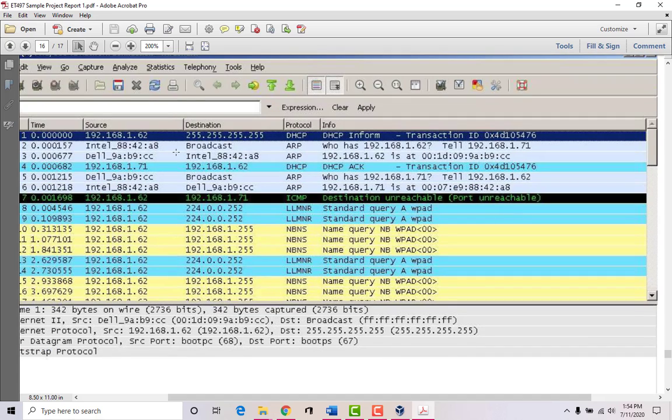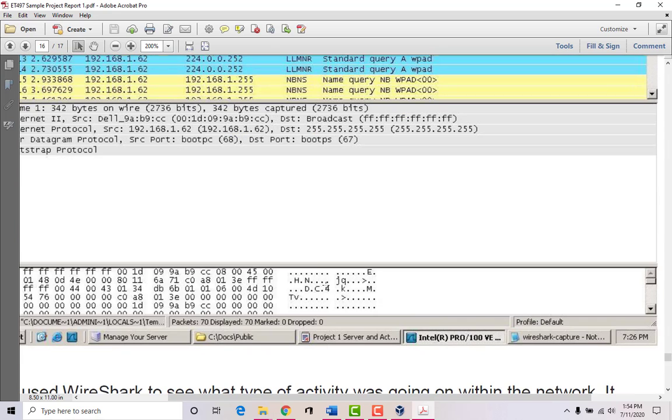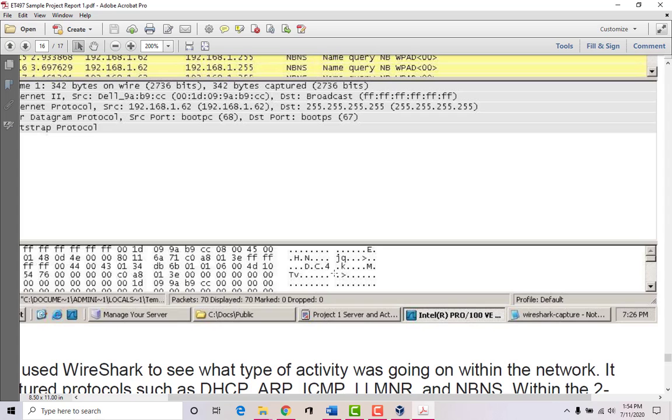Okay, so it gives you an idea of the source, destination, and the protocol that you're looking at. So like DHCP, we talked about that, right? Unless we're troubleshooting DHCP problems, we don't really need to worry about that. Or Address Resolution Protocol, right? Sometimes you want to know again what the MAC address is of a network card. You can do that. But there are some very useful protocols that you can look at, and it will give you the plain text data that's in there. Okay, so here's another one that's telling you a little bit more.